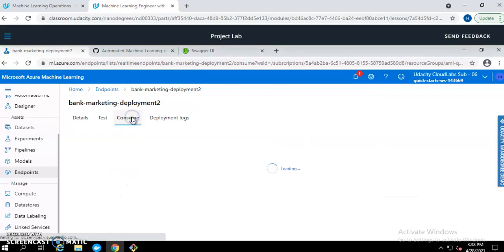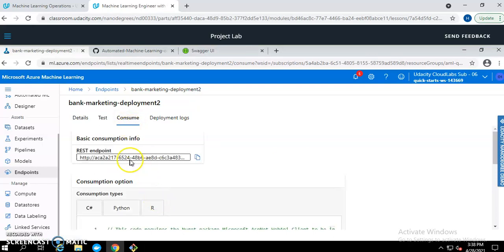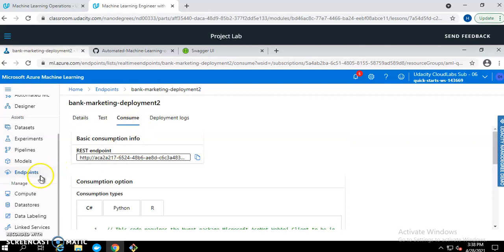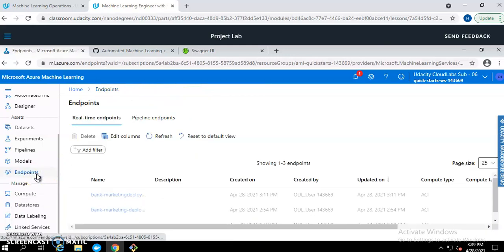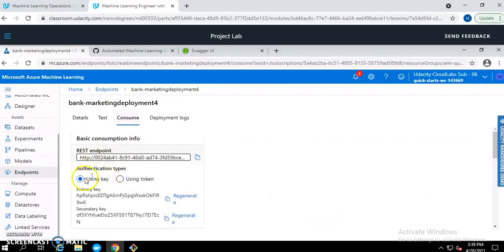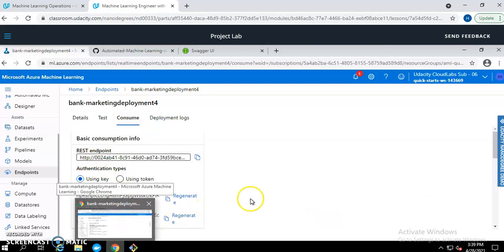You can go to the consume tab and put in your endpoint.py script by replacing your endpoint and key, which I have done in this one of the models. You can consume it from here using the REST endpoint and key, by updating your endpoint.py.